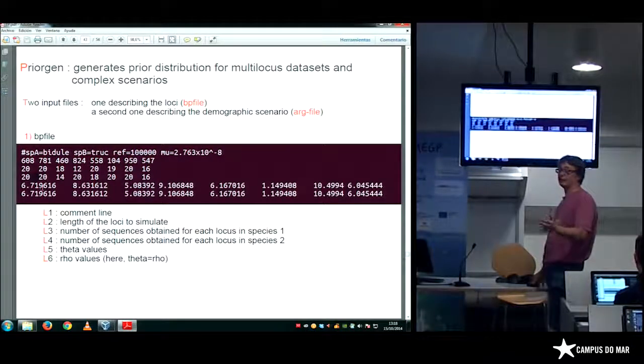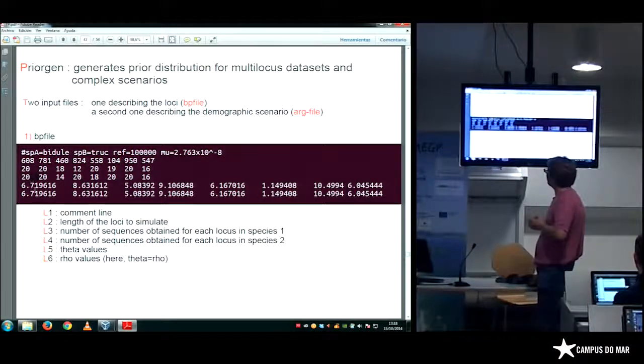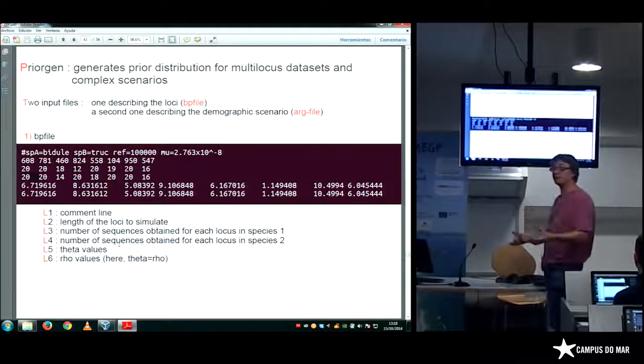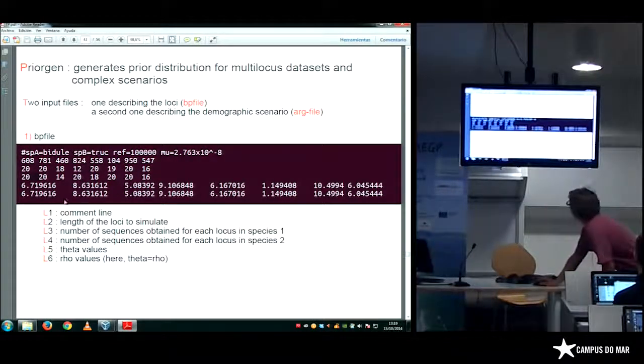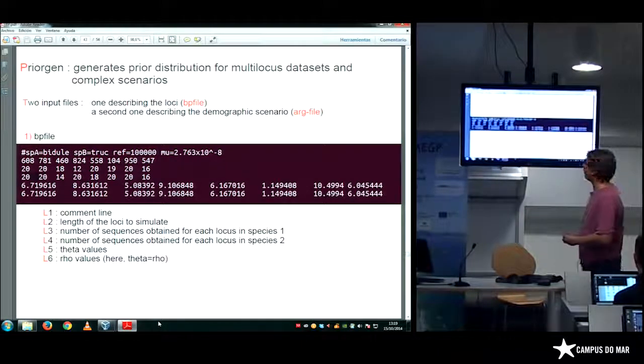So NR is equal to NU here. So you have the exact same value on the last lines. It's because of this assumption. So here you have the explanation of the lines of this text file. Okay?